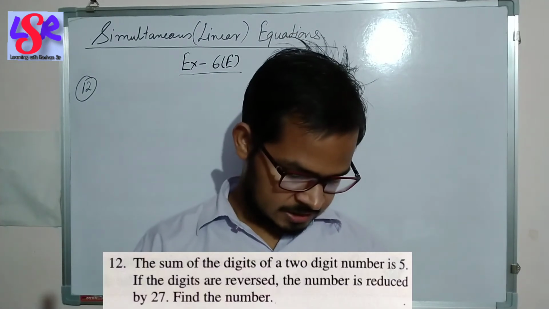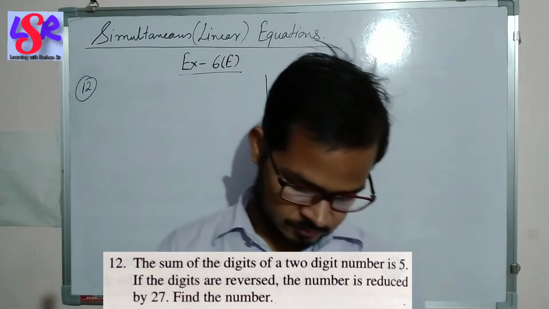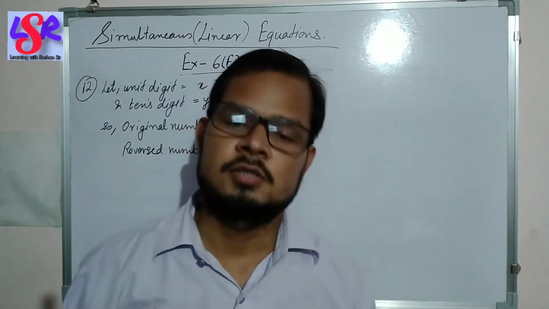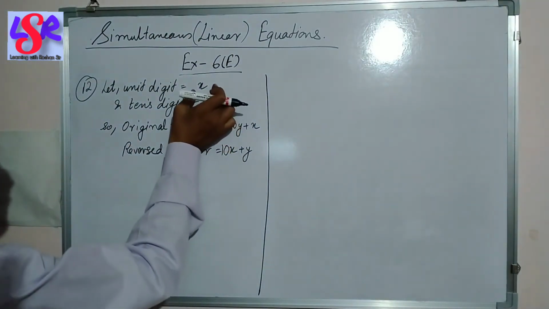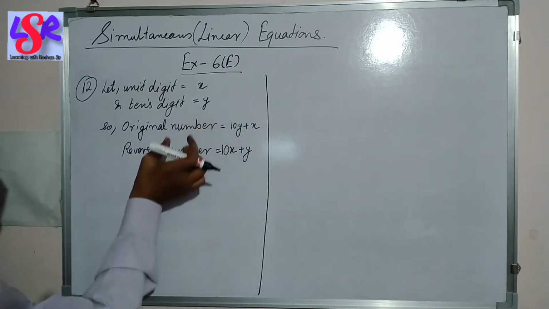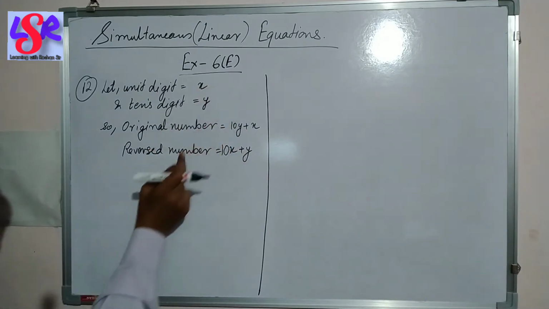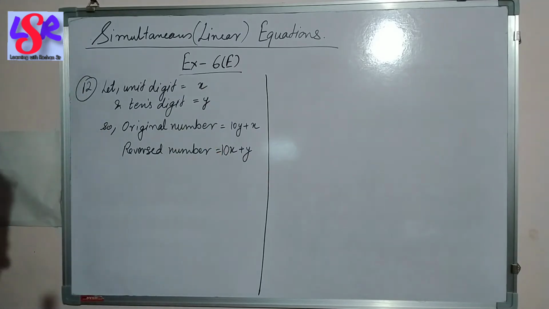Here the sum of the digits of the two-digit number is 5. If the digits are reversed, the number is reduced by 27. Find the numbers. Now whenever we get this question, first we assume the unit digit as x and the tens digit as y. Then the original number is 10y plus x, and its reverse is 10x plus y. After assuming this, we enter the question, and here it has been given